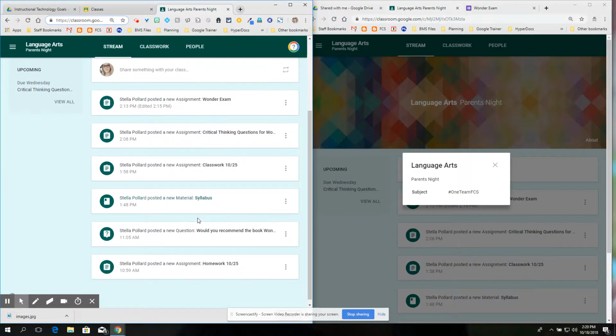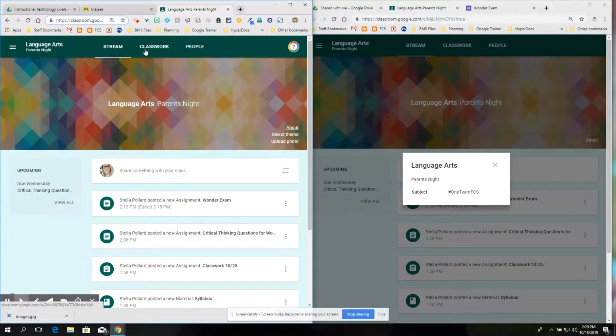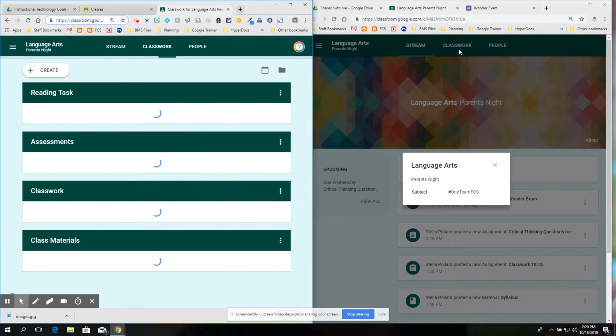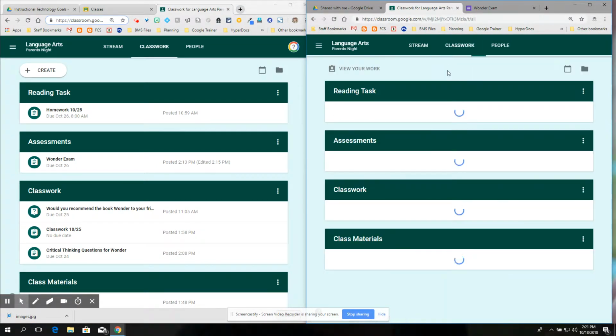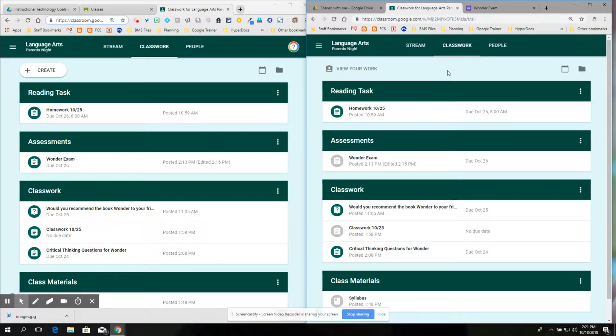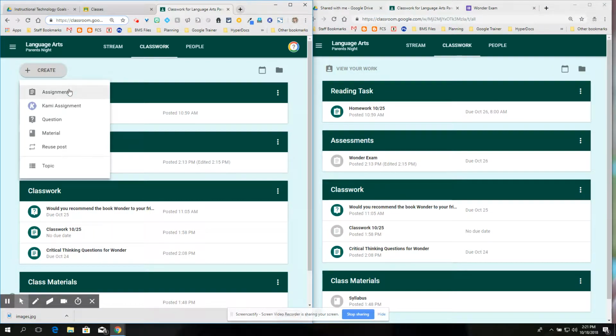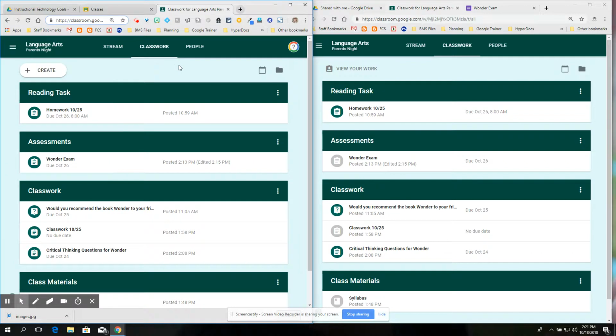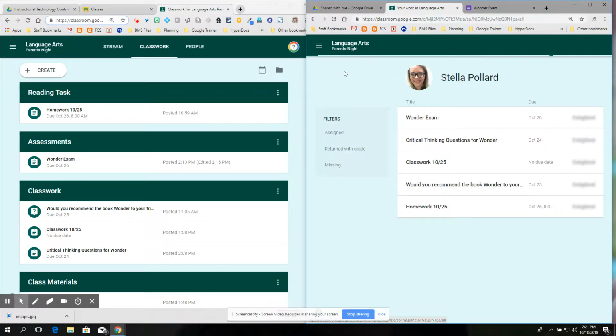Okay, so classwork, we click on that. Looks kind of similar for the teachers as well as the students. The teachers do have this option to create assignments and questions, materials, and reuse posts and all of that. But both of us have the calendar and the folder, and students can actually click here to view all of the work they have done